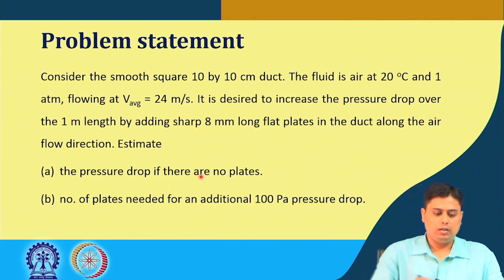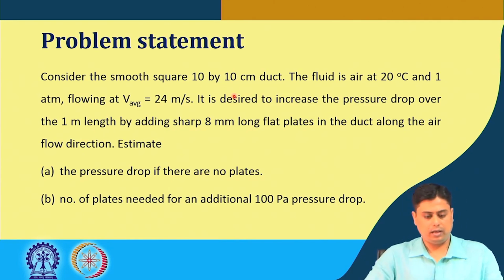The dimensions, again take a note of this, 10 centimeter by 10 centimeter cross sectional area. The fluid is air at near ambient temperature and pressure, which has a velocity of 24 meter per second. Inside that we have to place some 8 millimeter long flat plates along the length of the air flow